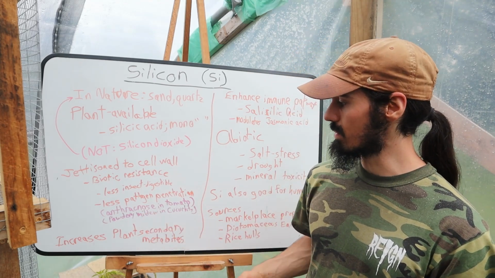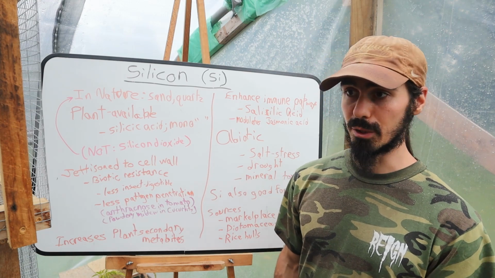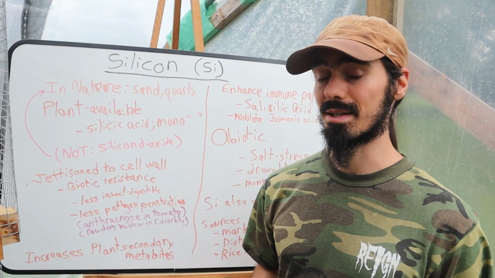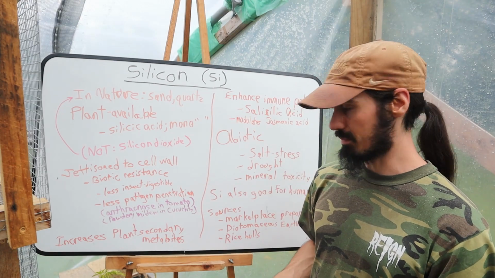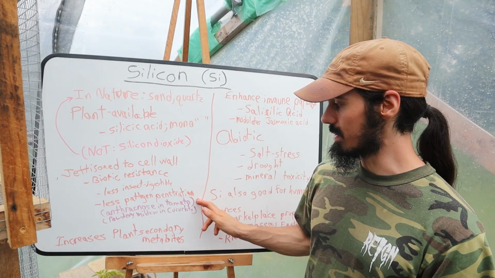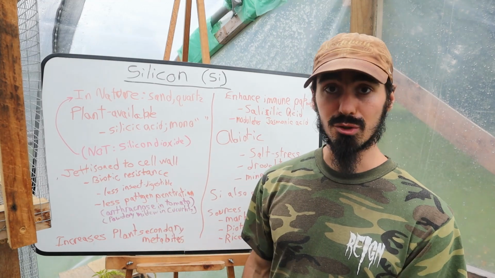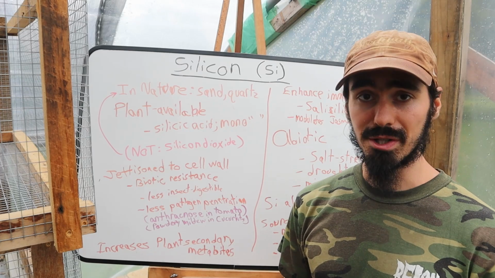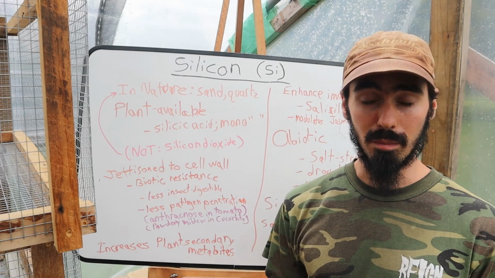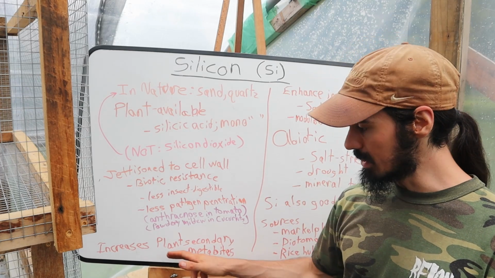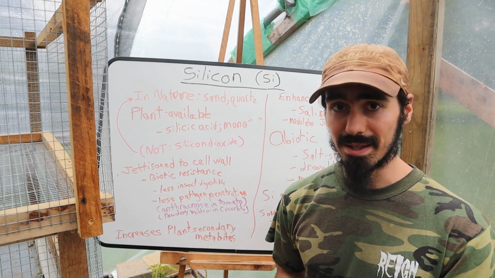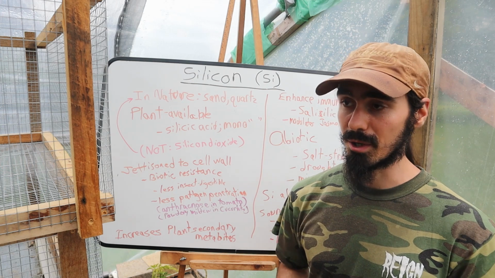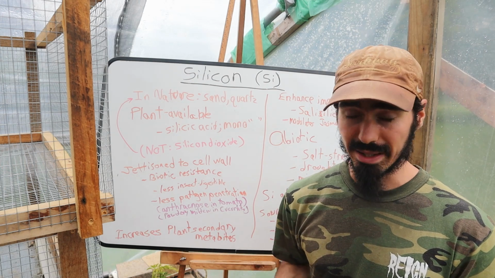Also, anthracnose in tomatoes may also go down, right? So even some of these plants, such as tomatoes, that don't generally take up a whole lot of silica compared to other plants, such as rice, for example, you can still see benefits in silicon treatment in these plants. And then silicon can also help to increase plant immunity by biochemical processes, right, such as increasing certain plant secondary metabolites, like certain types of phenolic compounds, flavonoids, etc., or maybe alkaloids, whatever the case may be.